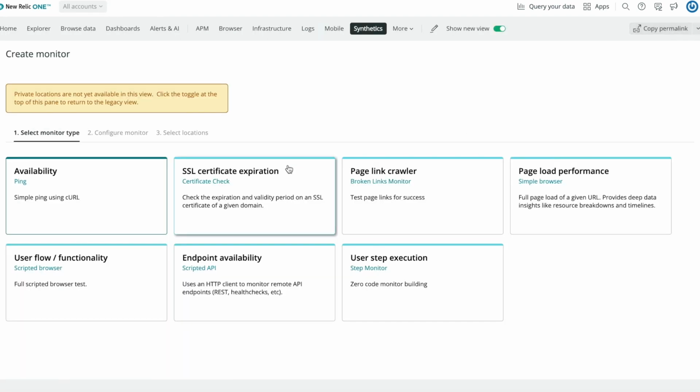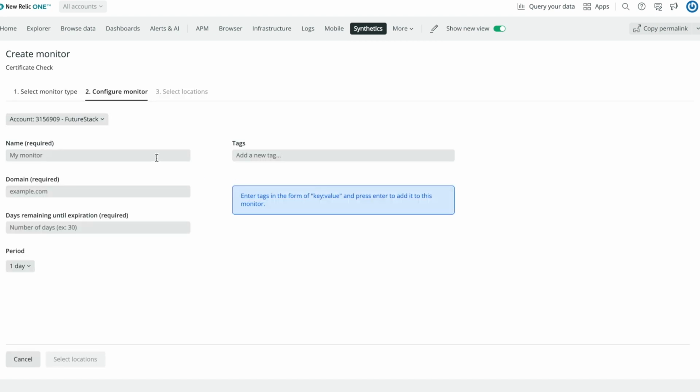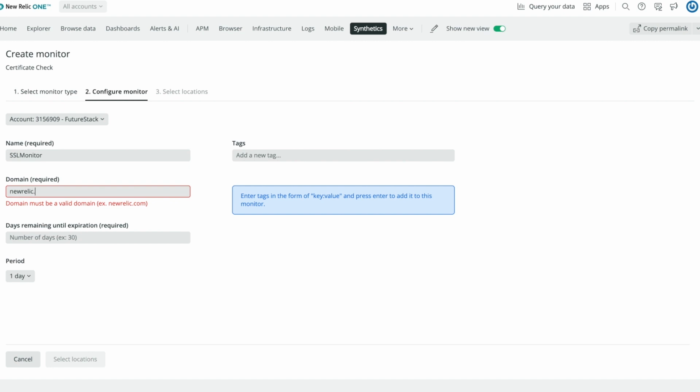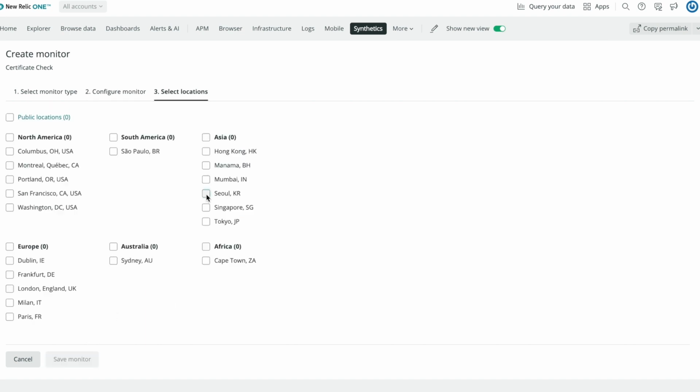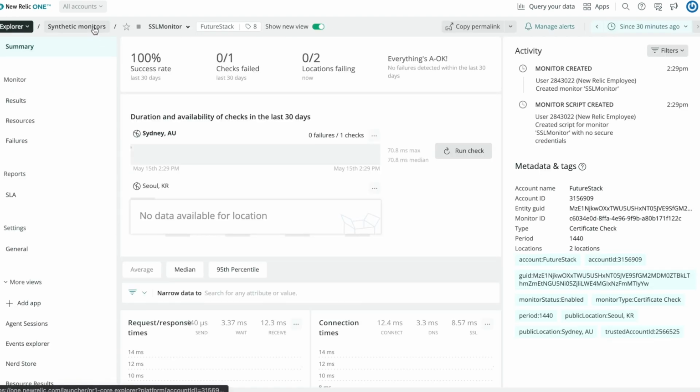The second one here is SSL certificate expiration. It basically checks for SSL certificate on your website and starts to alert you X number of days before that certificate expires. And that X number is given right here in the setting page. So you say, let's say I want to get alerted 1 week, then you would put 7 days here or 28 days or whatever, and then you select locations you want to ping it from. And we generally recommend you select at least more than one locations to test, and that's it.